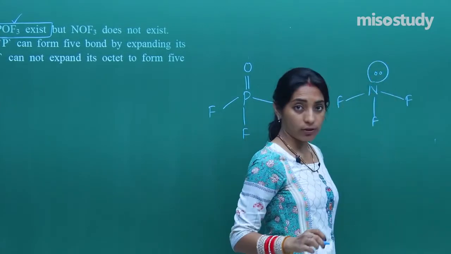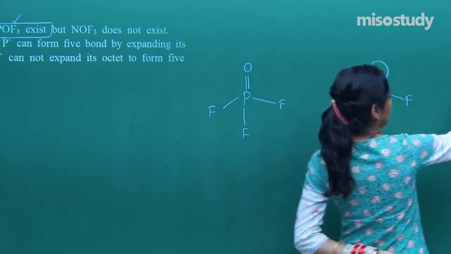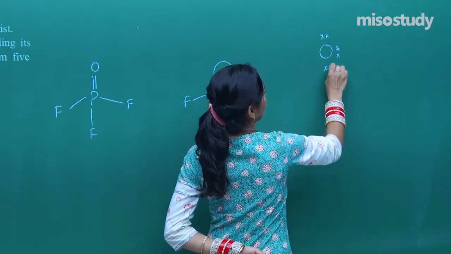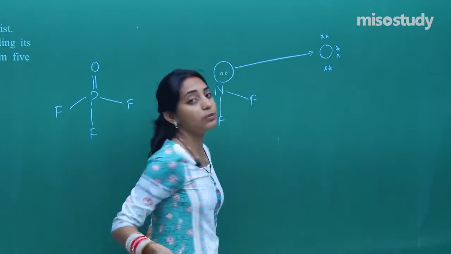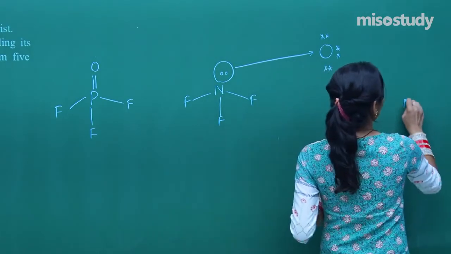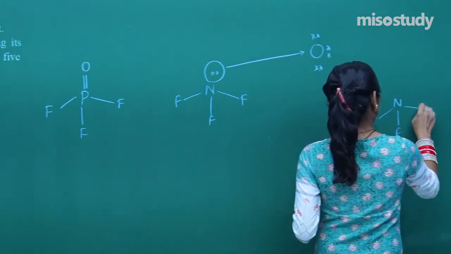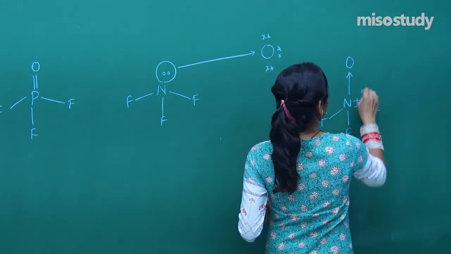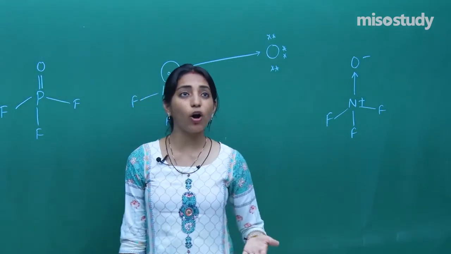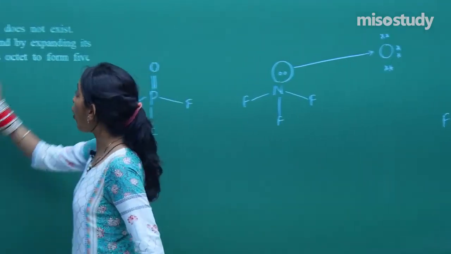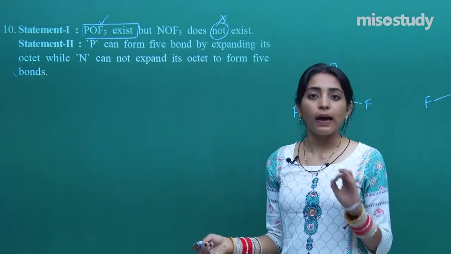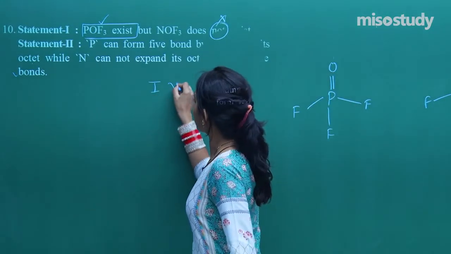Nitrogen is having a lone pair of electrons. Now don't you think if an oxygen atom comes with a total of 6 electrons, nitrogen can easily give one of its pair of electrons to oxygen with the help of a coordinate bond? That means it will lead to the formation of a bond like this, N with a positive and O with a negative. A coordinate bond can be formed. And if the bond can be formed, don't you think that NOF3 also exists? So this statement is wrong here. That means clear cut, I got the answer that statement number 1 is false.